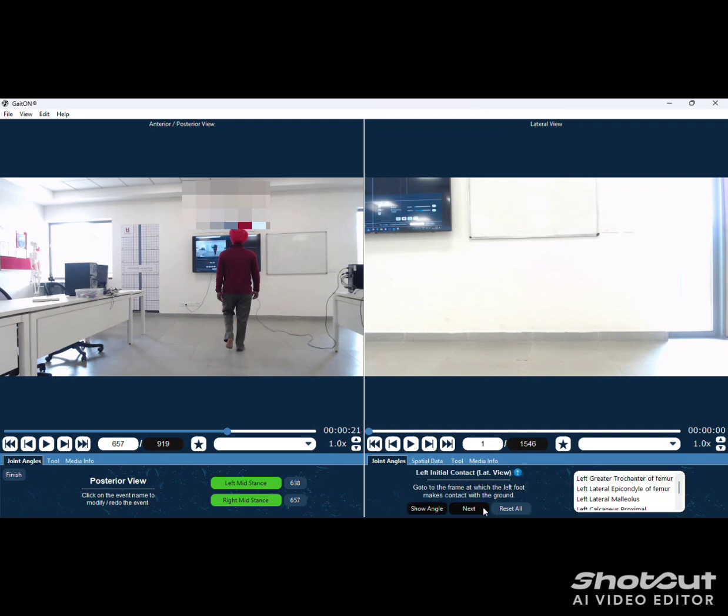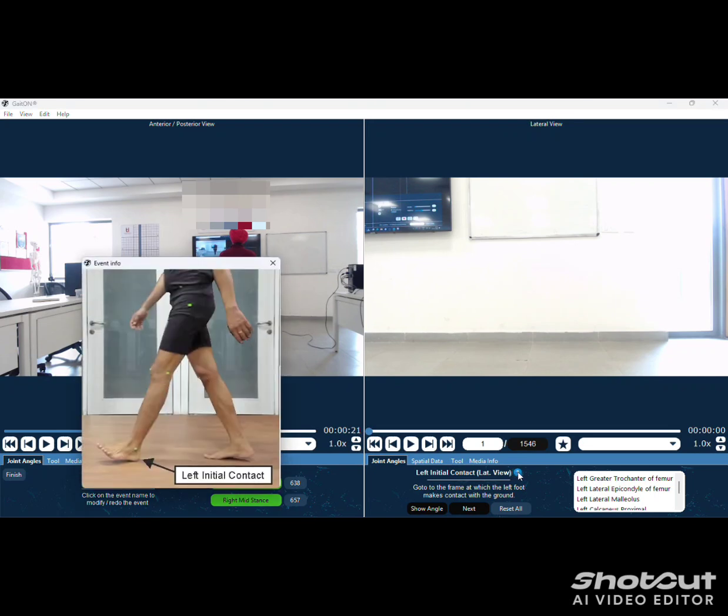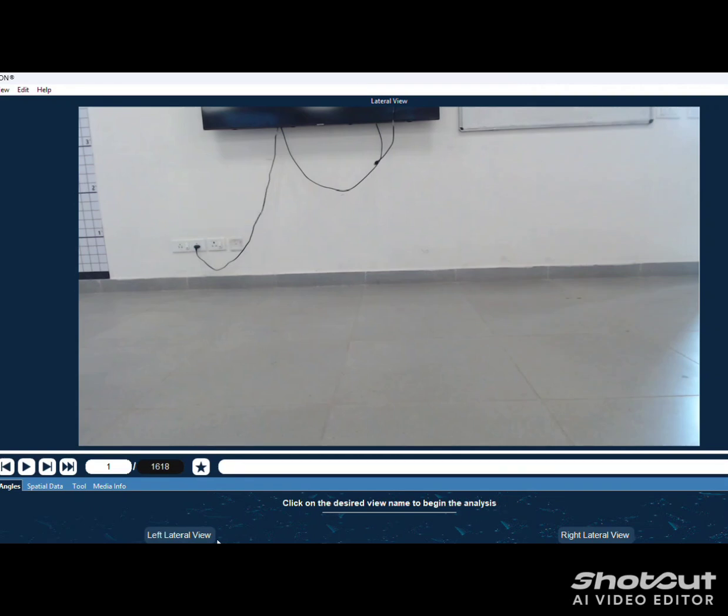Now we move to the left lateral view and click on the question mark and see the example picture of the gait.